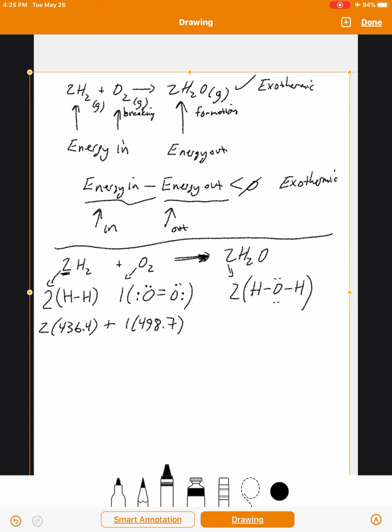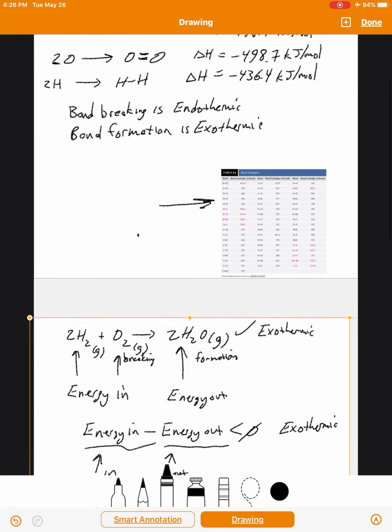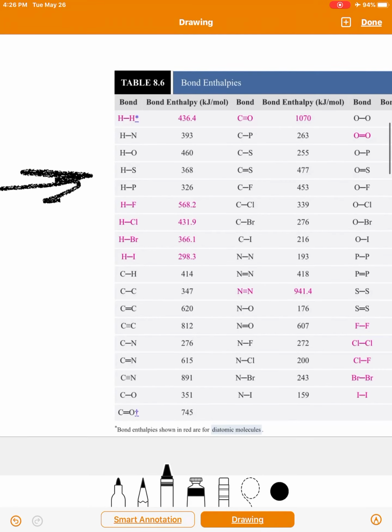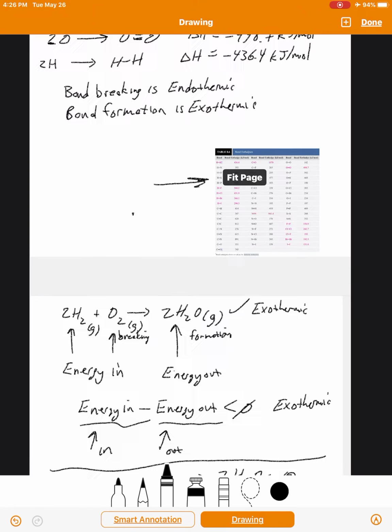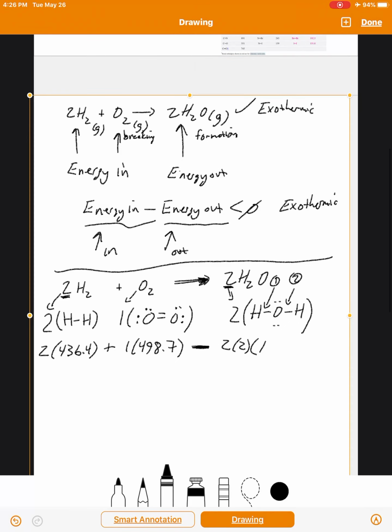And then I'm going to subtract the energy out. So minus, now here's the trick. For water, there's one bond, but there's a second. These are separate bonds, so we have to take both of those into account. There are 2 bonds in one molecule, but there are also 2 molecules. So it's really 2 times 2 times the bond enthalpy. And for OH, it's 460, up there at the top on the left, 460. Okay? So energy in